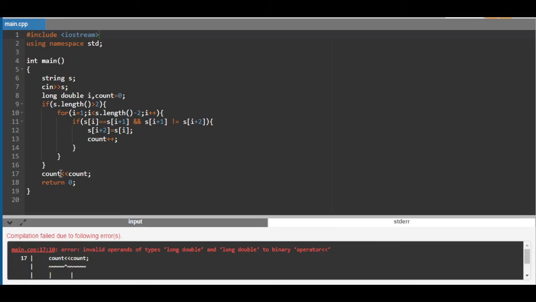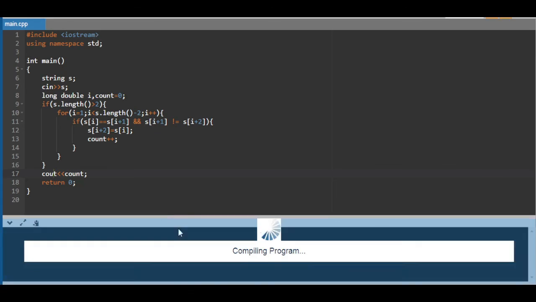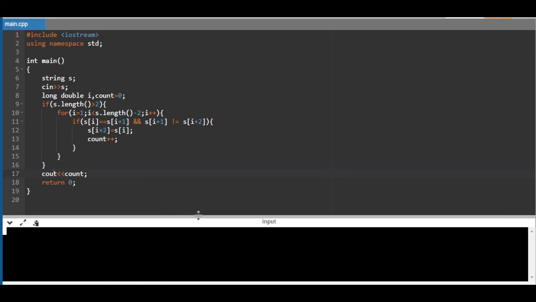So the compile runs. Oh, okay, in cout I have just written count, and now I think this will run. Okay, let me enter the string as accept, and the output we get is 3. Okay, so this is the particular program. Let me take another string like a b c d, and let us see whether it runs or not. So here it shows 0, and this is how the program works,